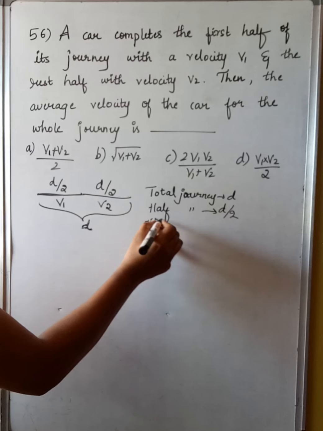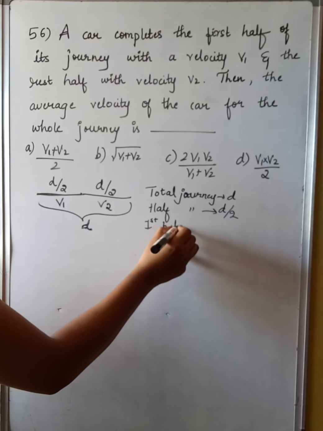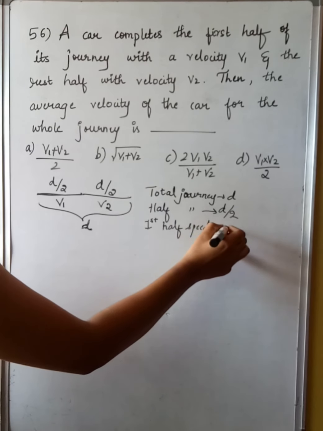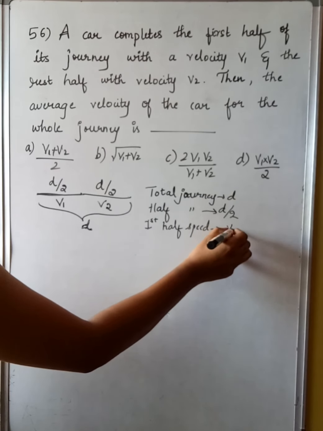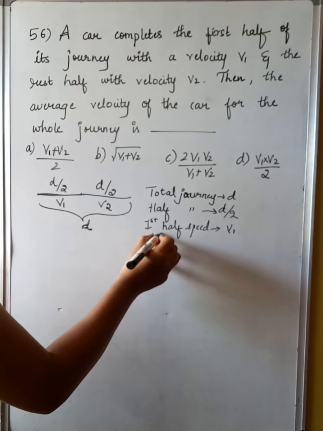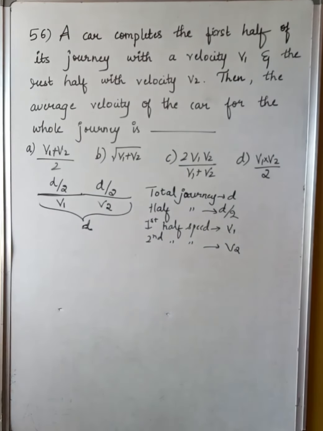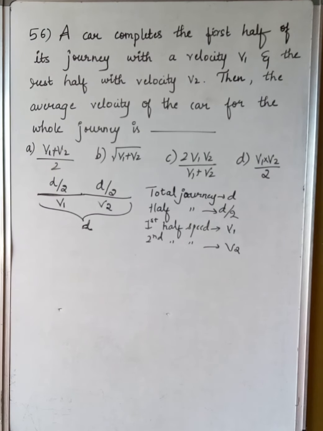First half speed is v1. The second half speed is nothing but v2. Hope you all have understood the given part. Whatever is given, I have written here. Okay. Now, obviously, if we know all these terms, that is velocity and distance, we can find out